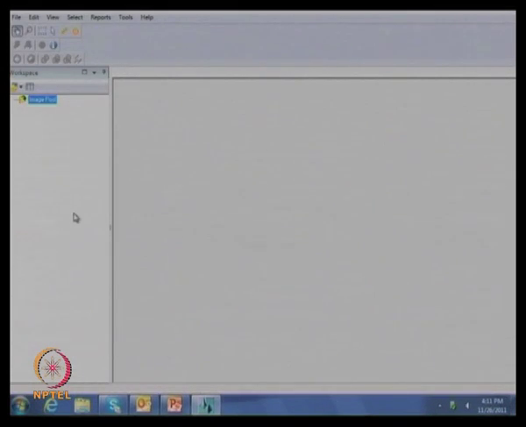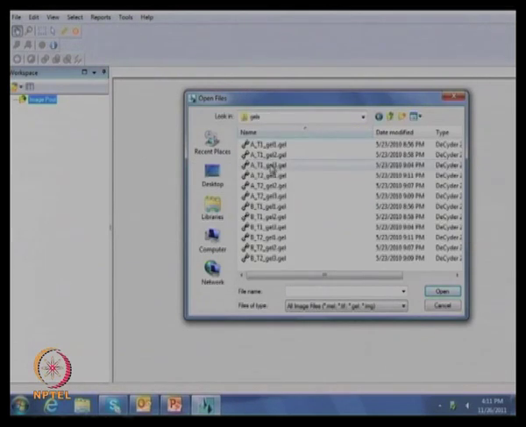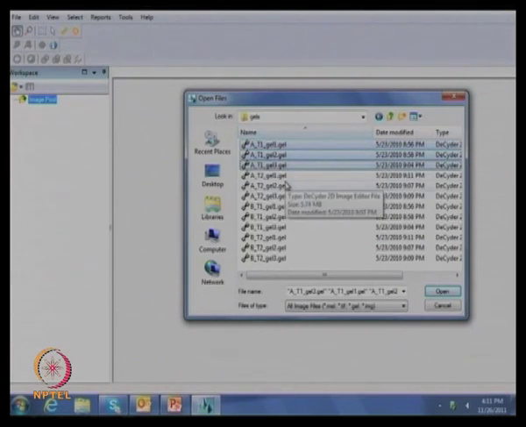Yeah, this is the software layout, as you can see in your PPTs. This is the original software layout. Here there is an option like image loader. Wherever your gels are stored, you can go to that place and add the gels. As I have multiple gels here, I'm going to add a few gels to our software to analyze: gel 1, gel 2, gel 3 and gel 1, gel 2, gel 3.